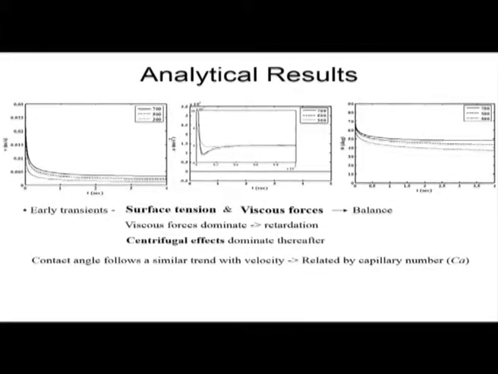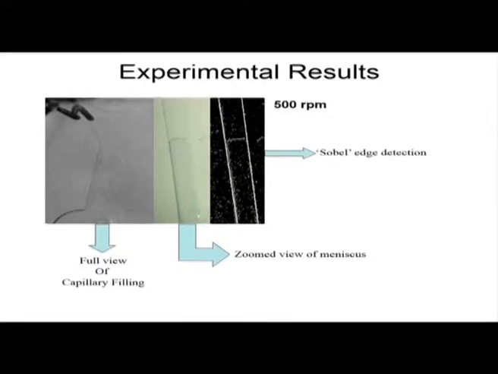So what are the various balancing parameters, like which forces dominate at what stage? At early stages the surface tension and viscous forces balance, then viscous forces start dominating, and centrifugal force, because it increases with R, so as the fluid advances through the capillary more and more it becomes more and more important. So the centrifugal effects initially may not be that dominating, but as the fluid is progressing through the channel, the centrifugal force is trying to play an interesting role.